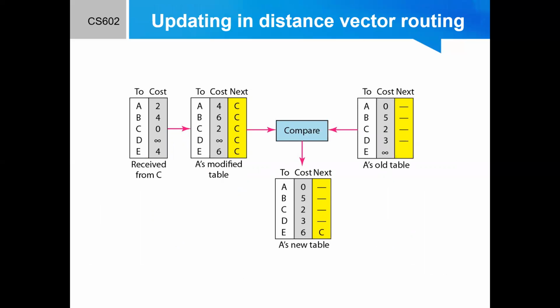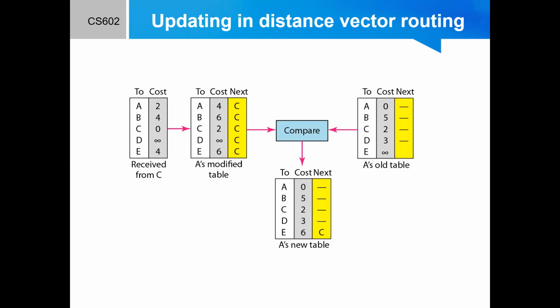Now we have to update our distance vector routing by sharing the information. There are several points we need to emphasize here. First, as we know from mathematics, when we add any number to infinity, the result is still infinity. Second, the modified table shows how to reach A from A via C. If A needs to reach itself via C, it needs to go to C and come back. The distance is 4. Third, the only benefit from this updating of node A is the last entry, how to reach E. Previously, node A did not know how to reach E, distance of infinity. Now it knows that the cost is 6 via C.